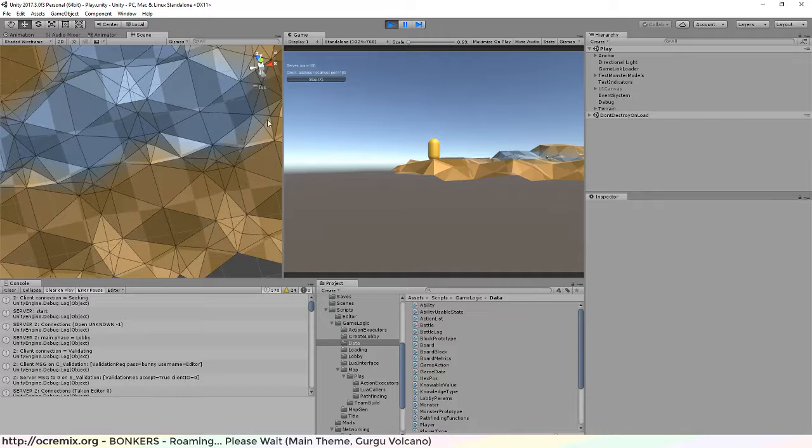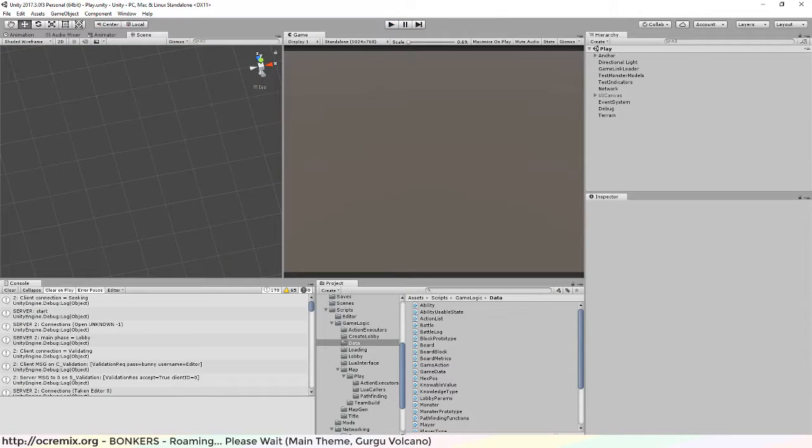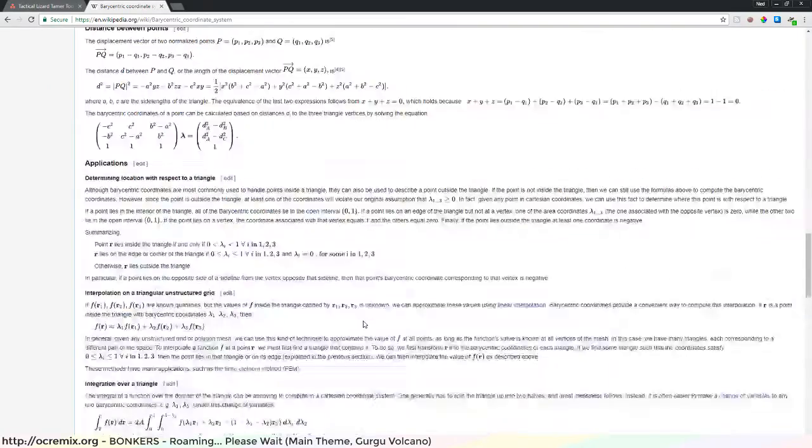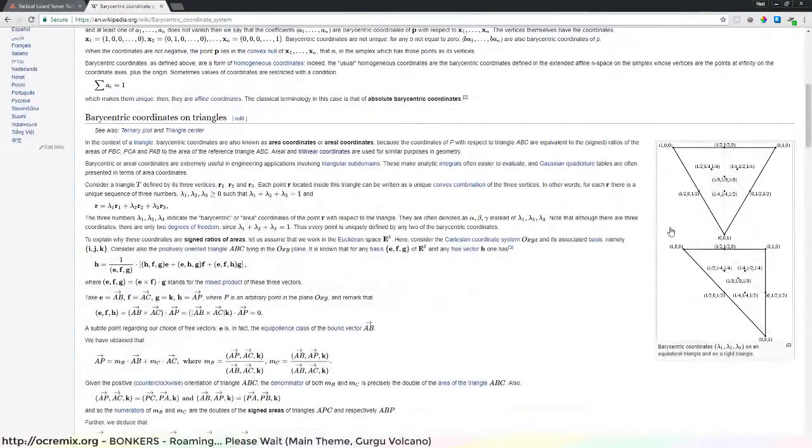So it's not really too difficult, but I think we're going to need to introduce a new type of math, something called a barycentric coordinate system, and it's basically just a fancy way to lerp in between the values of a triangle. And mathematically, it's three values here, and they're the ratio of the areas of the triangles formed by, I think the first one,